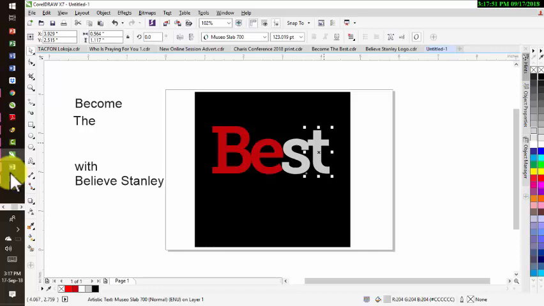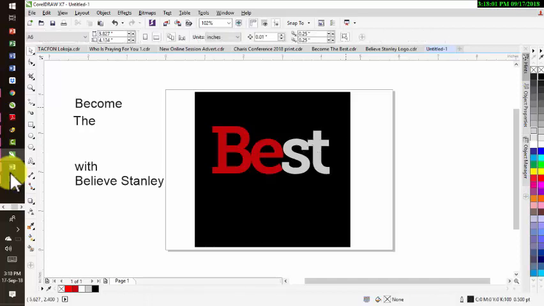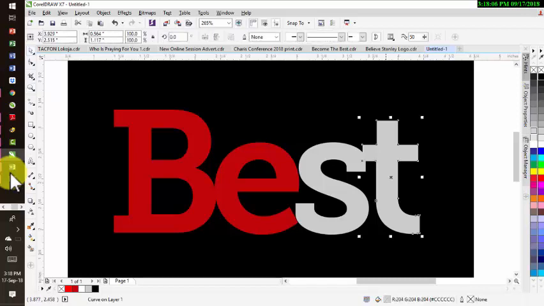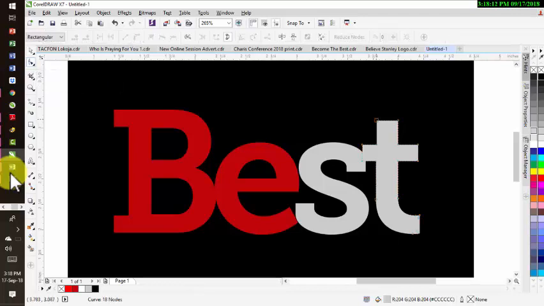To convert that T to a shape, for which we'll be able to adjust it, you press Ctrl Q, so you can convert it to shape. And if you check, let me draw close. If you highlight your T, you see different nodes on it. So you go back to your shape tool, select your shape tool, then this is what I did. Take this guy out, no, sorry. Then just select a node at the top, bring it down a little bit, then